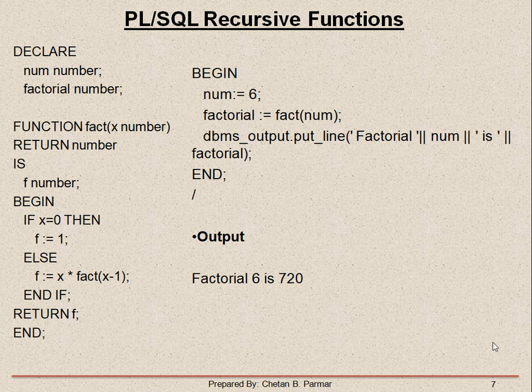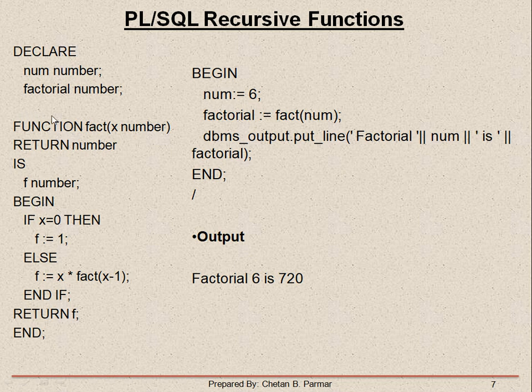Okay. Now see here how it works. So first, the declaration section of the PLSQL block. Num is one variable of type number. Factorial is again one variable of type number. Then it's a function. Name is fact. X is of type number. Here I am not mentioning whether it is an in or out or in out variable, so by default it takes the value as an in variable. Then return type number is one variable I am declaring here, f, which is of type number in the function.